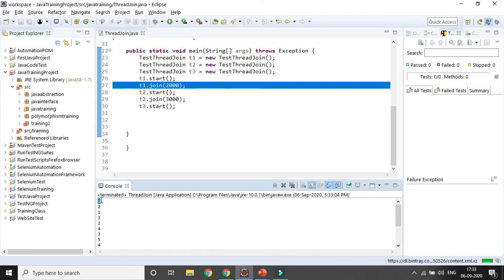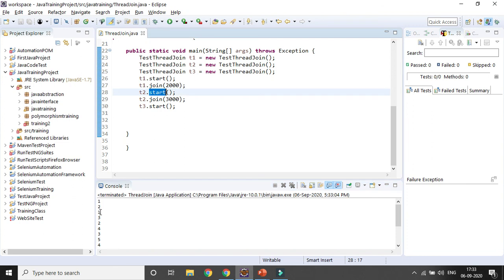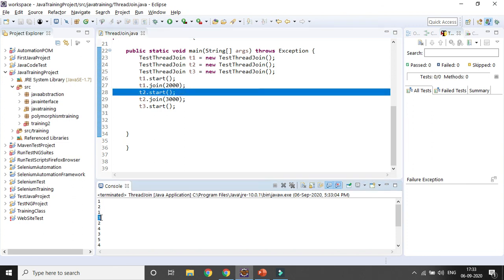So 1 and 2 printed. Okay, then T1 will be running as well as T2 will be starting, right? So 1 and 3. For the T2 it's 1, and for T1 it is 3. Then 2 and 4, 2 is for T2 and 4 is for T1, and then 3 and 5.